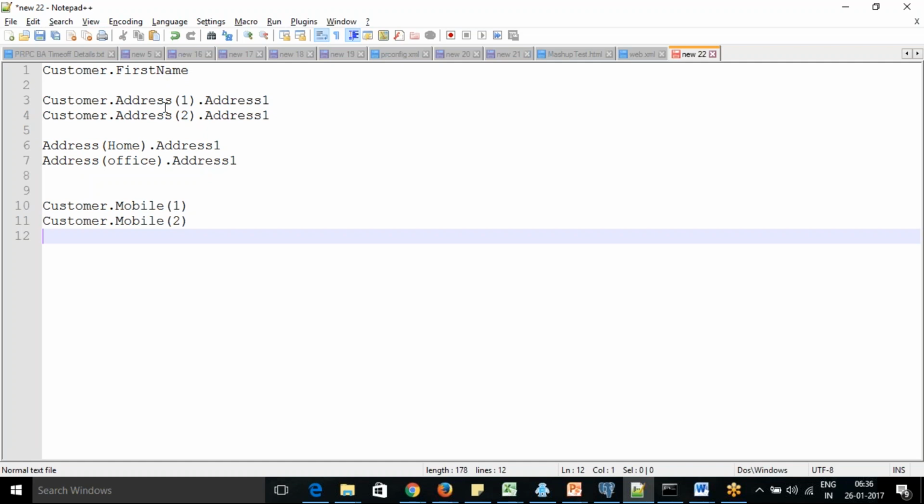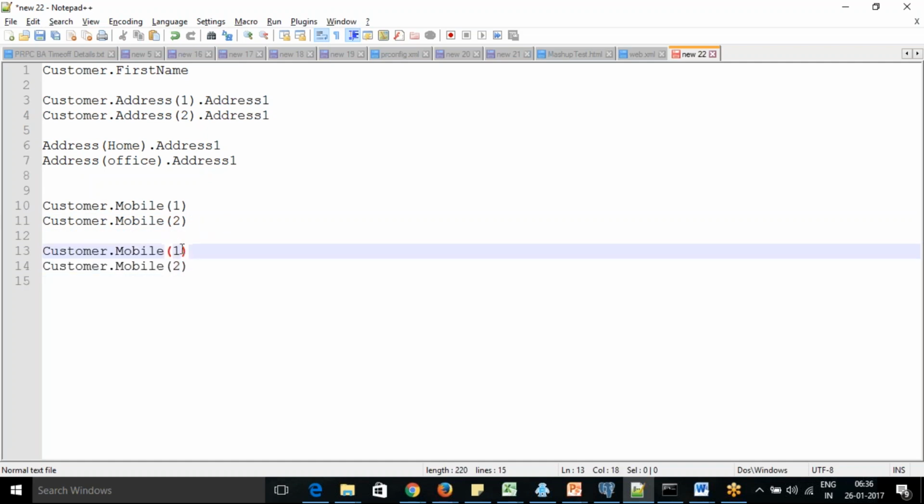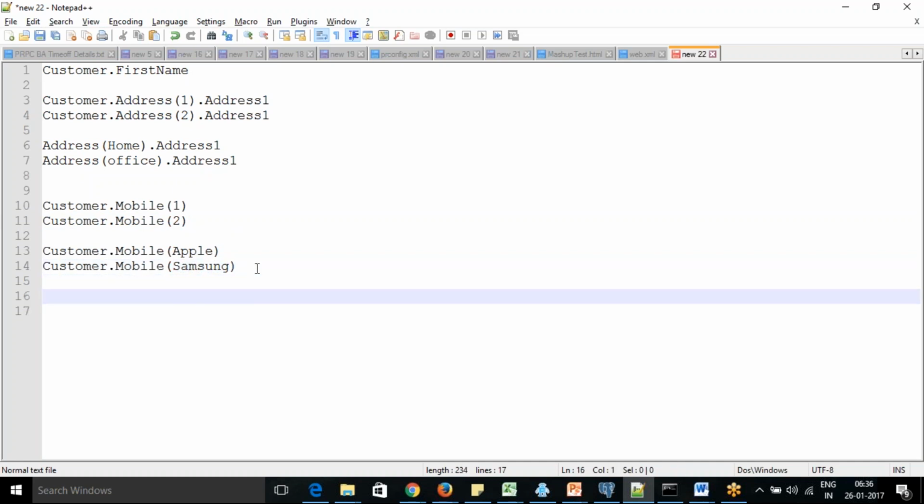Here the address doesn't contain anything, whereas more properties are associated with a page. Here the property itself repeats. A single property repeats, and that concept is called a value list. And if you create it as a value group, say with the brand, Apple, Samsung, like that, you want to go with the brand name, that is also possible. That we can also check with the option of mobile number.